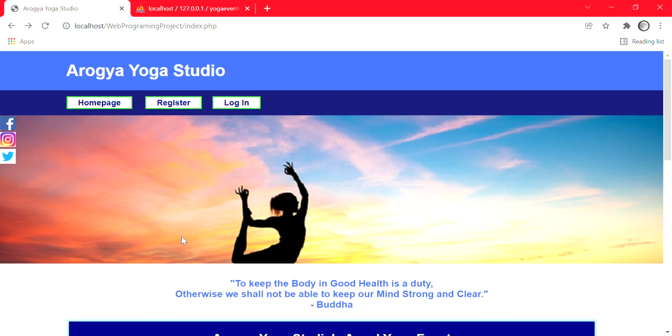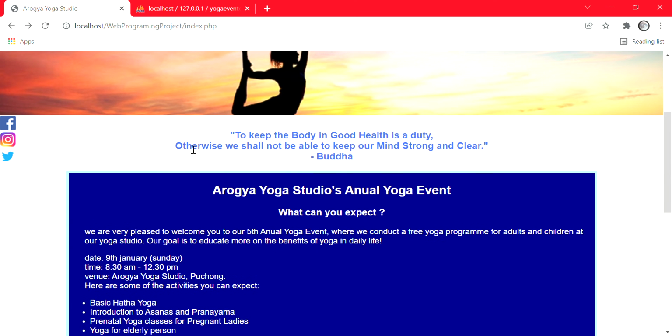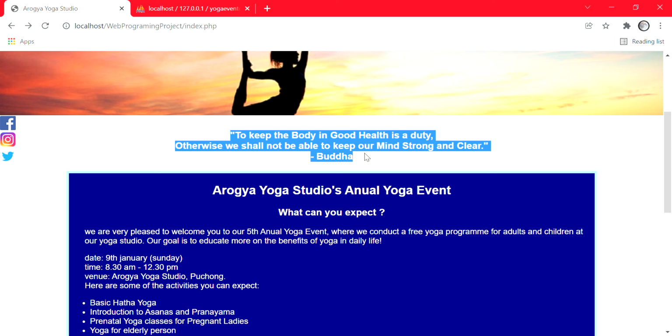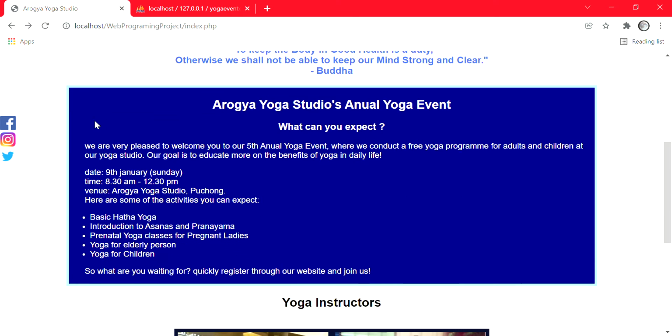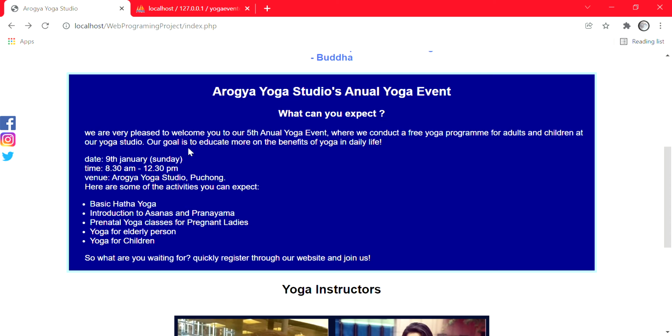Next, there's this beautiful wallpaper that I've set to give more color to the page. It's actually a yoga pose in a sunrise. And then I've added this quote to make it even better. "To keep the body in good health is a duty. Otherwise, we shall not be able to keep our mind strong and clear," which is a quote by Buddha about yoga. And then we come to the main part of the page,